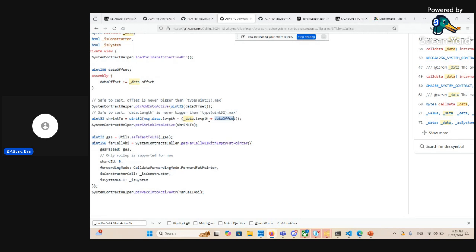So I guess this is probably the location of the end of the data. The original offset is data offset, but we need to add the data length, data.length over here. So this is actually the data offset, and this is actually the data end, right? Data offset plus data length is the data end. So the MsgData length minus the data end